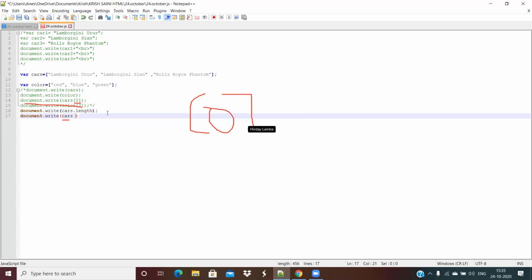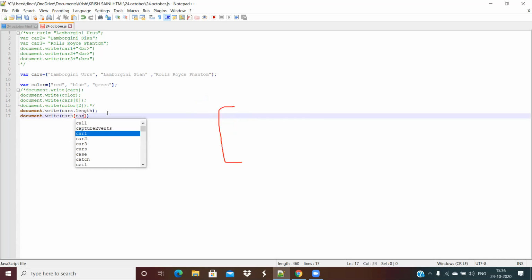So similarly, we have to say cars, then start of the square bracket, then within that we'll say cars dot length minus 1, and end with a semicolon. Now save it and show me, the value should come out to be Rolls-Royce.